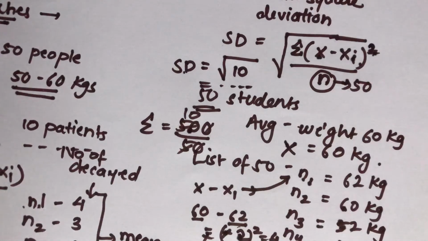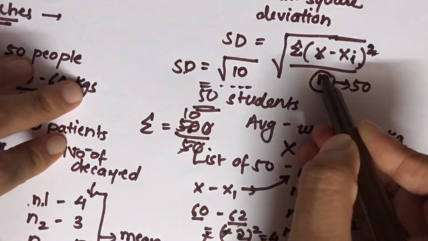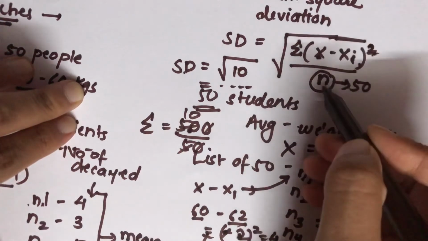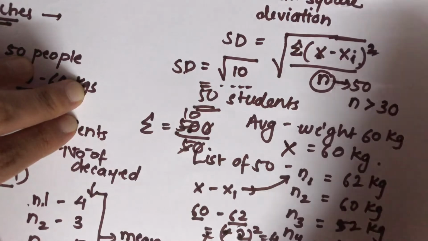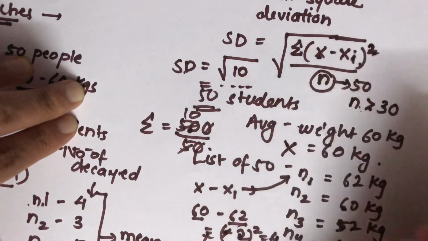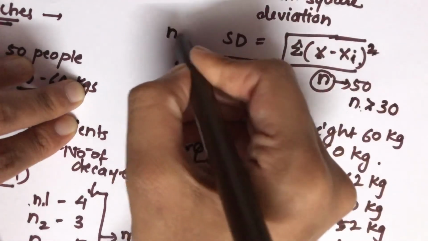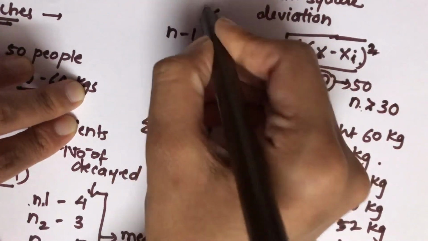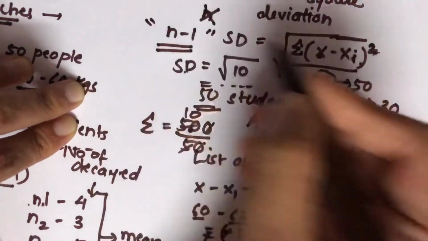And the last point for this standard deviation is, you have seen you are dividing by this n, but if the number of observations is less than 30, so if your n is less than 30, you are doing the study on a group which is less than 30, the denominator that you're going to use is n minus 1 and you're not going to use n. So this is the main thing that you need to remember.